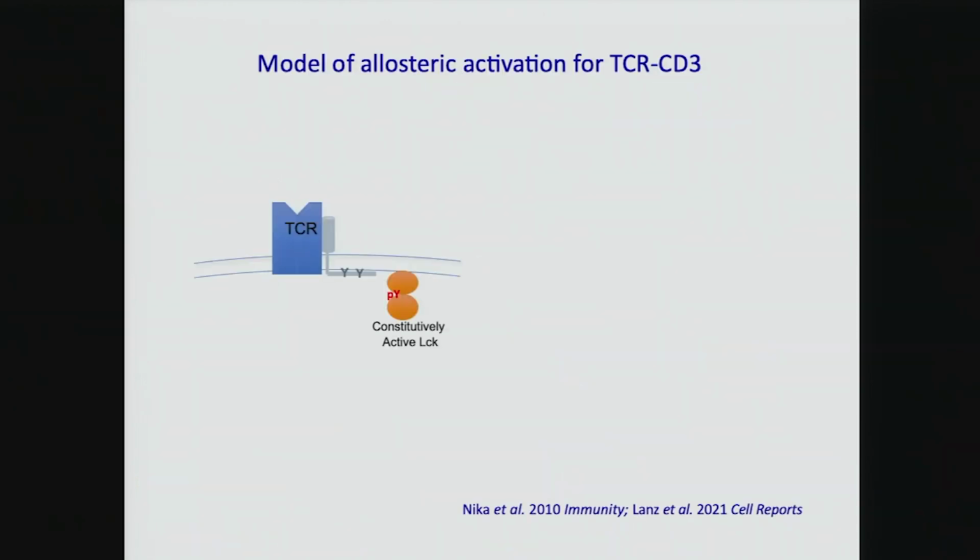And thanks to this work that we published in 2010, the first name was Costantina Nika. Essentially, what we published there could be considered an anathema, essentially that LCK was already activated. There was about 50% of LCK, maybe 35, 40% in normal T cells, that is already active. So we made a lot of controls to make sure, in any way and shape, that this was not an artifact, and this has been confirmed by others, with other approaches.